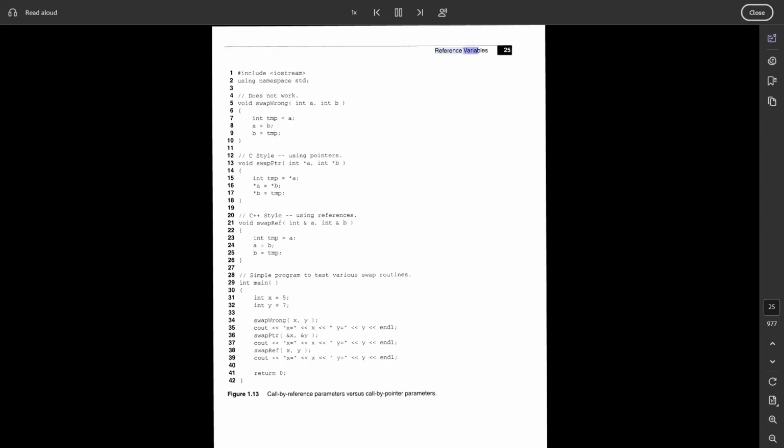Reference variable. #include <iostream>, using namespace std. // Does not work. void swap_wrong(int a, int b) { int tmp = a; a = b; b = tmp; } // C style using pointers. void swap_ptr(int *a, int *b) { int tmp = *a; *a = *b; *b = tmp; } // C++ style